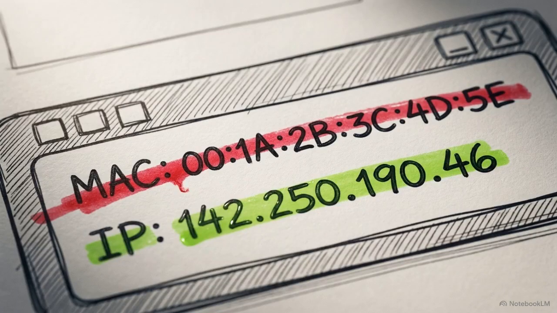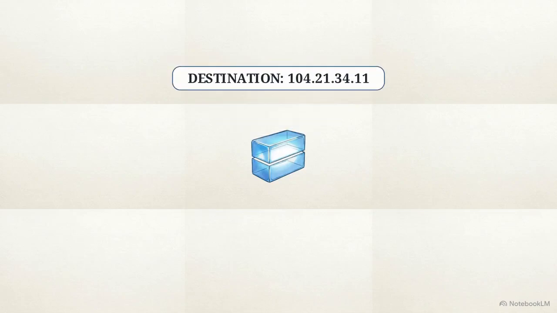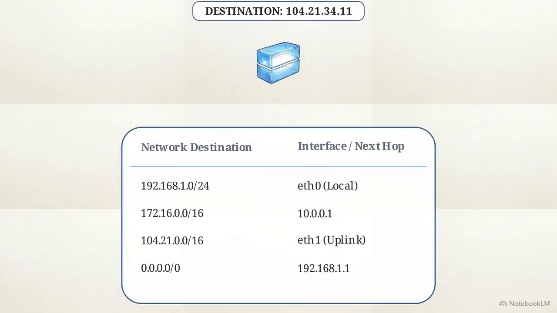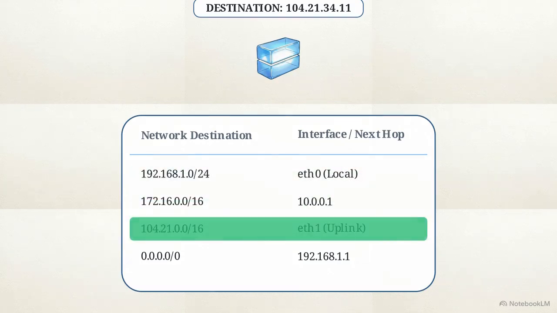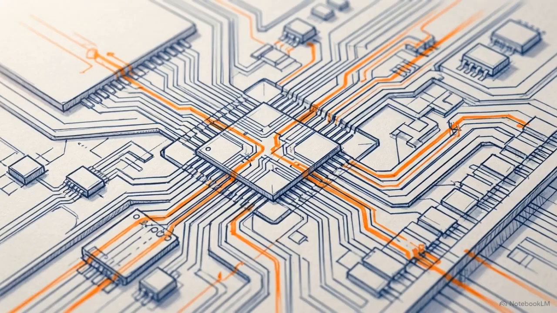Since MAC addresses are useless outside the local network, routers require a completely different logical addressing system to track locations globally. They use the IP address. When a data packet enters a router, it cracks open the header metadata to isolate the destination IP. To know where to send it, the router consults its internal routing table, finds the optimal path, and executes the handoff. A single enterprise router executes this exact lookup and forwarding sequence millions of times every second.